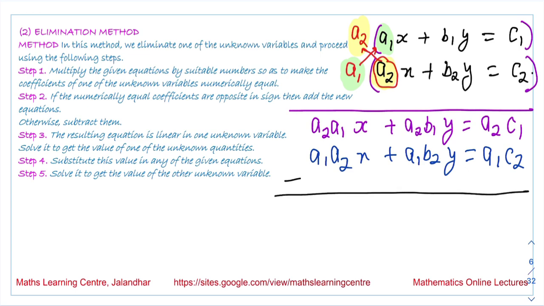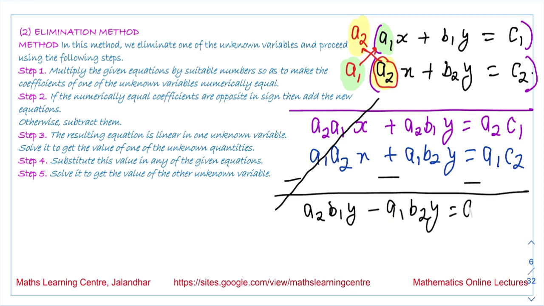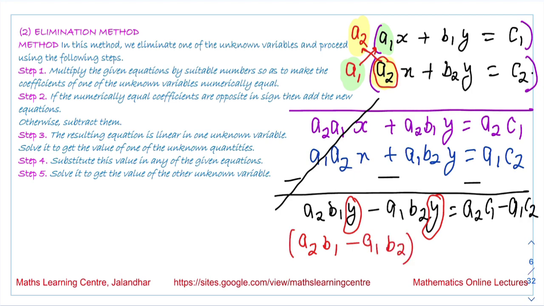When we subtract these equations, these get cancelled, and from these two equations we get a2b1y minus a1b2y is equal to a2c1 minus a1c2. We take y common from both these, and what we get is a2b1 minus a1b2 times y is equal to a2c1 minus a1c2. Now if this value is not equal to 0,